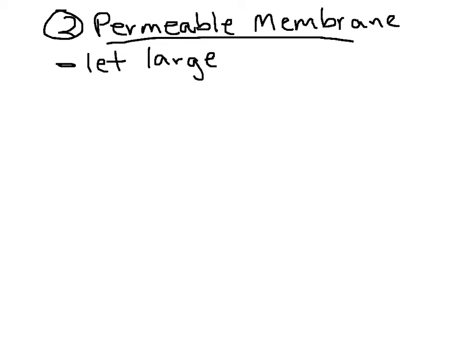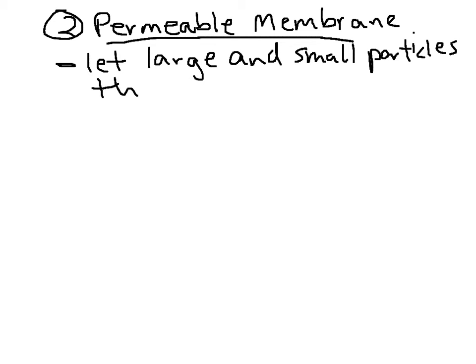The second type of membrane is called a permeable membrane. Permeable membranes let large and small particles through. So that would be like wearing your cotton sweatshirt, like many of you probably have on right now. A cotton coat